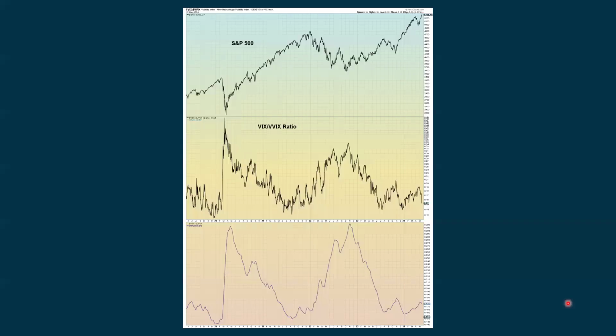Then we look at the VIX, and there's another indicator that we use with the VIX called the VVIX, or the volatility of the VIX. You could say the VIX of the VIX. And then I do a ratio between the two of them. And you can see by looking at the chart up above, typically when the ratio is going down, that's positive for stocks. We had been going up for most of 2024, but now we're starting to roll over